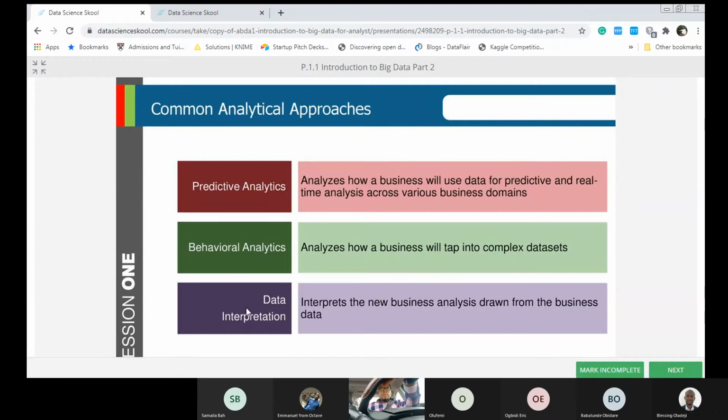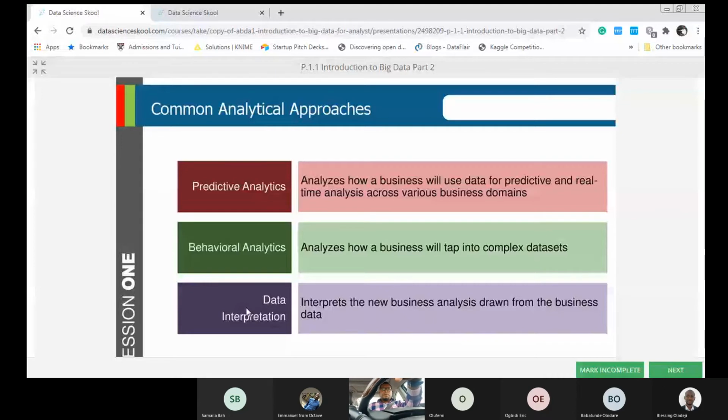Then there's something that is called behavioral DNA, where you can take a customer and determine, okay, maybe in the past 3 months, what are all the different transactions the customer has generated, how much the customer has generated, what is the frequency of the customer's transactions, what is the recency of the customer's transactions, what is the number of days the customer generated transactions in a week or in a month, and so on and so forth. So when you have all of that, you are trying to quantify the behavior of a customer, and it's part of what is called behavioral analytics.